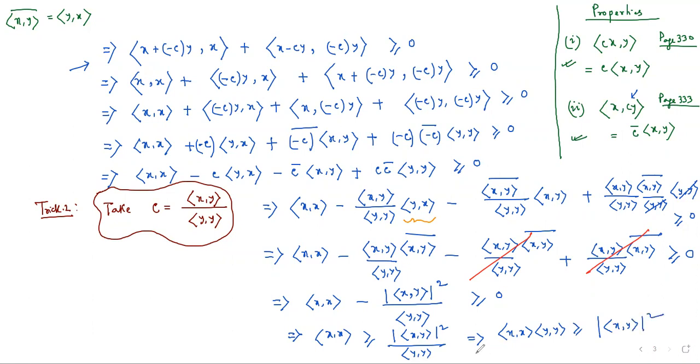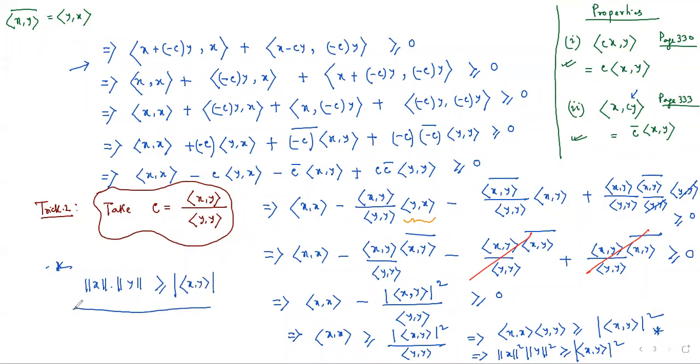Now, we take another function, norm of x square function, norm of y square greater than or equal to uv, and think about it, that u and v is the function of x and y, and I'm writing here that becomes the star, possible combination. So norm of x into norm of y is greater than or equal to the modulus of the inner product x comma y, which proves the desired result, which is called the Cauchy-Schwarz inequality.